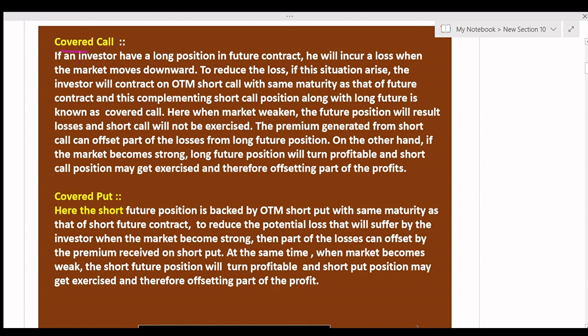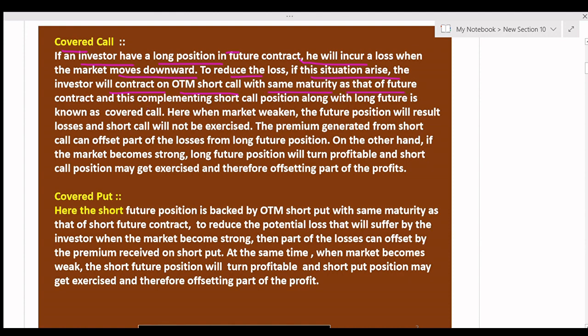If an investor has a long position in a future contract, he will incur a loss when the market moves downward. But when the market moves upward, the long position in the future contract will earn a cash profit. That is, here the loss and profit will be in cash in the future contract. To reduce the loss, if this situation arises, the investor will contract an OTM short call with the same maturity as